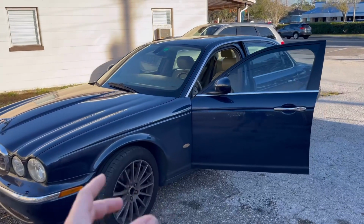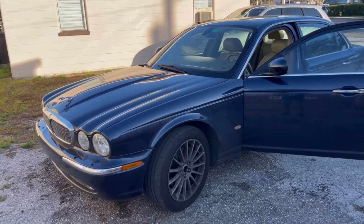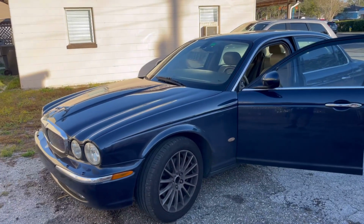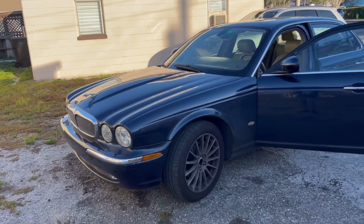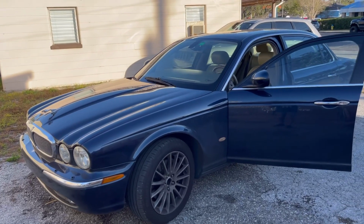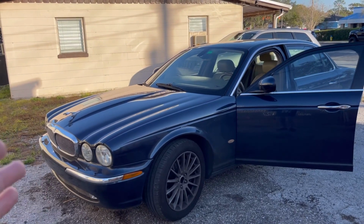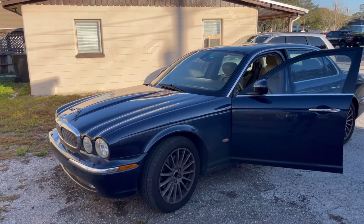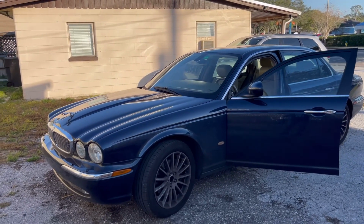In front of me is my 2006 Jaguar XJ8L, and it's been my daily driver now for about 6 to 8 months. I've probably put around 11,000 miles on it, and during those 11,000 miles, I've really had no issues. But recently, I've been getting a misfire and a start and stall. It's kind of a strange one, and at first I thought there was something majorly wrong, but I cycled the key a few times and got it to start up, so I kind of knew it was going to be